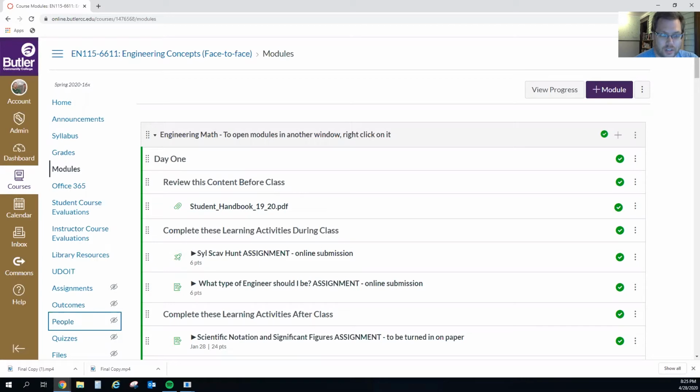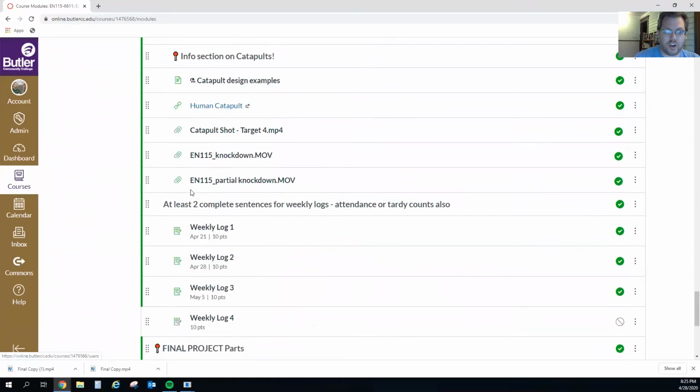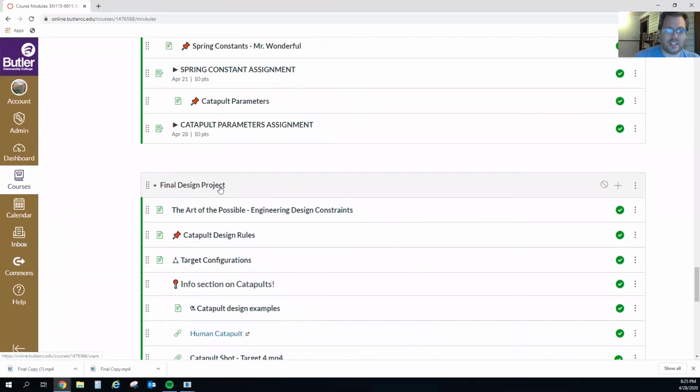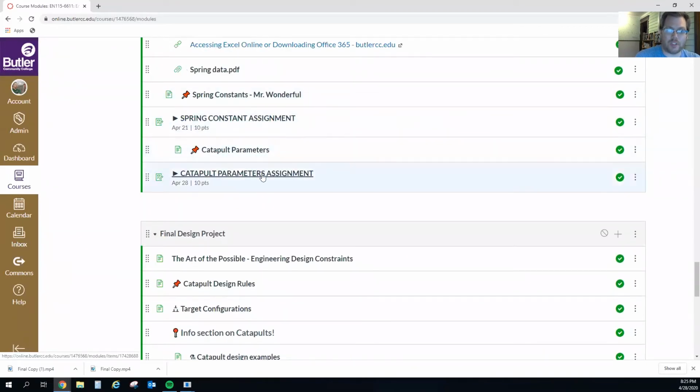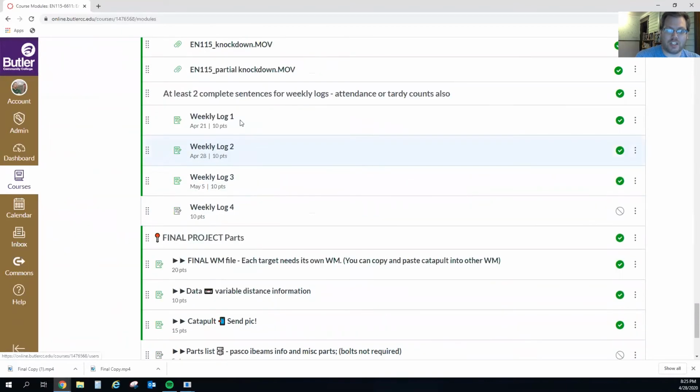So let's get started. The final project for this class is to construct a catapult. You guys have already completed, hopefully, at this point, your catapult parameters assignment and submitted that. Part of that is completing your first weekly log. I noted while applying grades this week that many of you have not completed this weekly log already. This tells me that maybe I wasn't clear in the last video about the weekly log, so we're going